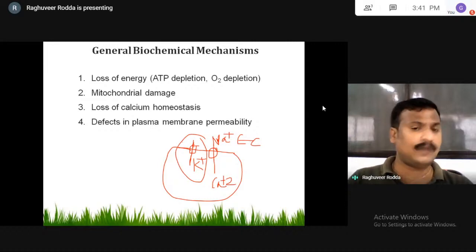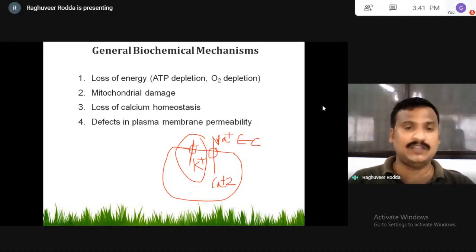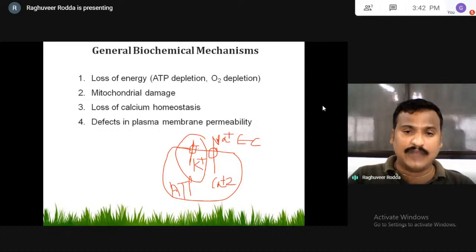So as and when ATP production is depleted and mitochondria are damaged, the cell suffers from a lack of ATP. To send sodium out from the intracellular region and potassium in from the extracellular region, the pump should be